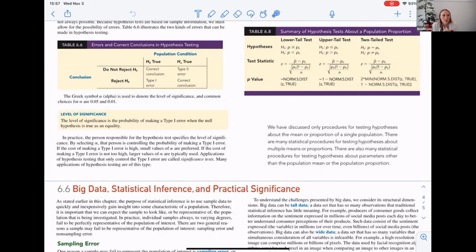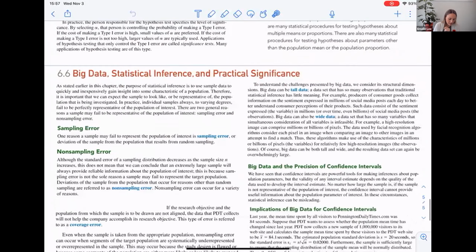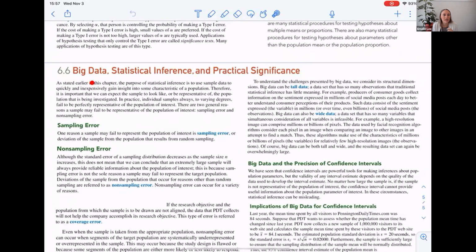Okay, so we want to wrap up and just talk a little bit about big data specifically, and things like practical significance versus statistical significance. Okay, so the problem, or it's not really a problem, it's just our current tools don't really adjust for when we have big data, right? And so what we know is,